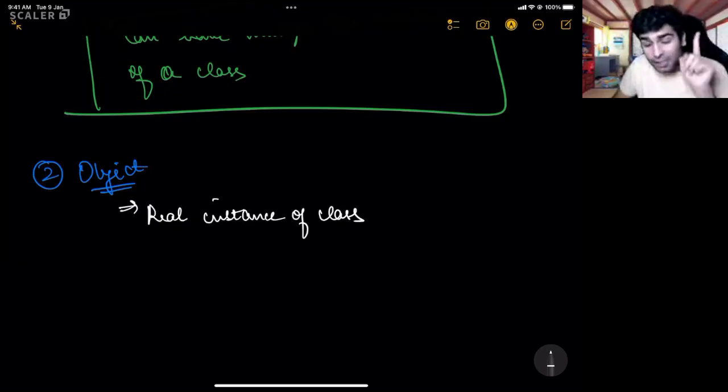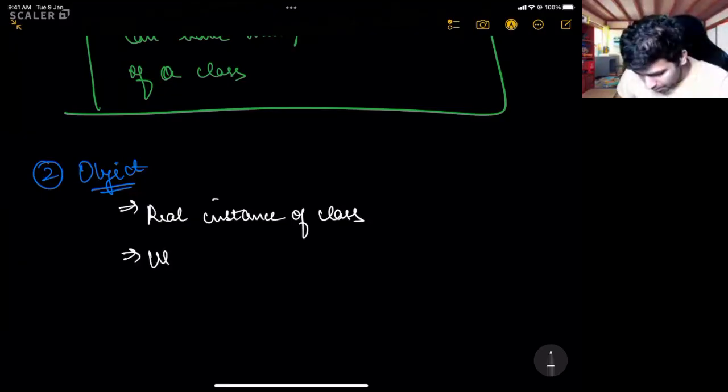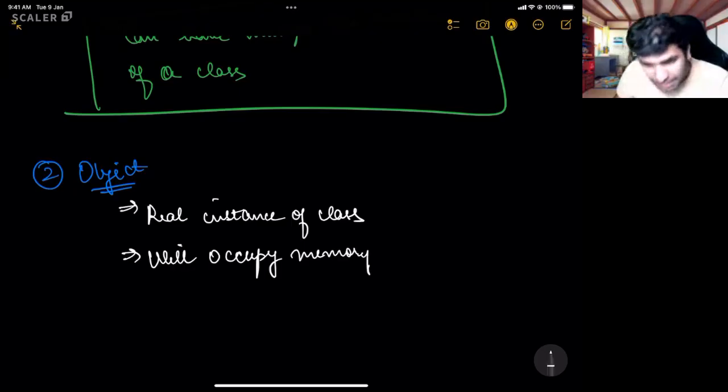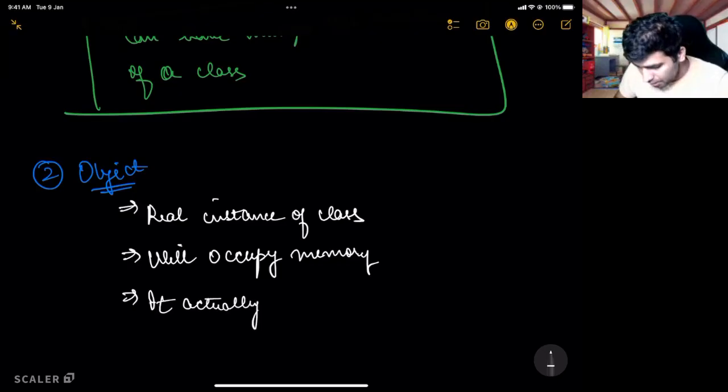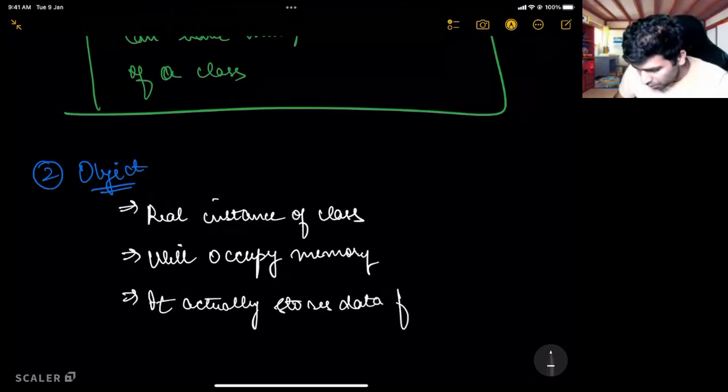Yes. Object will occupy memory, because this is a real house. So it will take space. It is actually storing the data, for every instance.